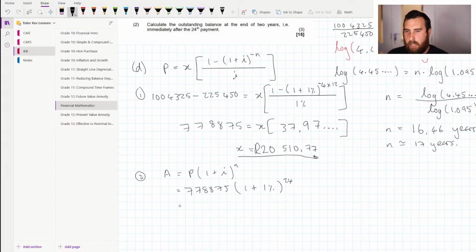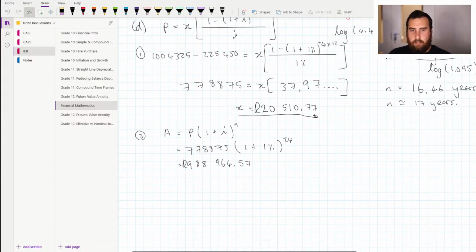And that gives us an amount of, just going to check here. Okay, I get 988,964 Rand and 57 cents. So this is basically how much she will have to pay after the 2 years worth of just straightforward payments. Obviously we're not looking at a long term, but this is how much interest this initial amount has accrued after 2 years. And now what we're going to do is take a look at the future value formula